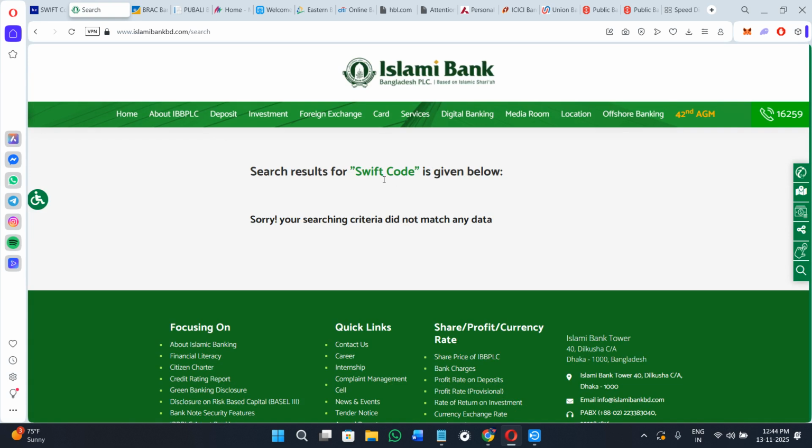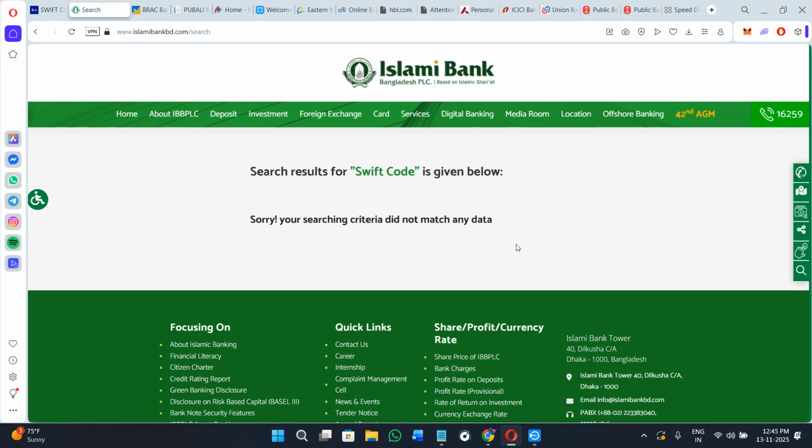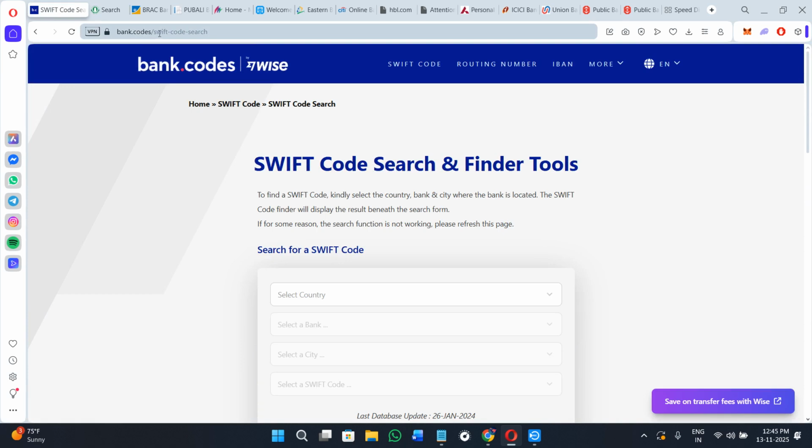Now once you search for the SWIFT code, it is going to show you the results if available. So if you see any kind of results or articles over here with that particular thing, you can find your SWIFT code. But as you can see, it is not showing any result for the SWIFT code. So if that's the case with you as well, you can just simply use this website, which is